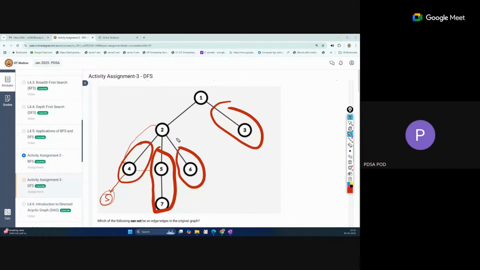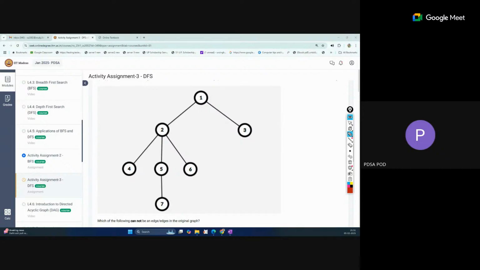Okay, thank you, sir. So you can remember this type of question. Sir, is it the same for BFS also? No, BFS is different. As I mentioned, in BFS, if the level difference is greater than 1, then that edge